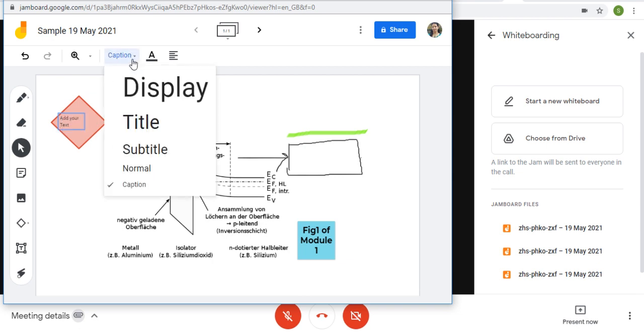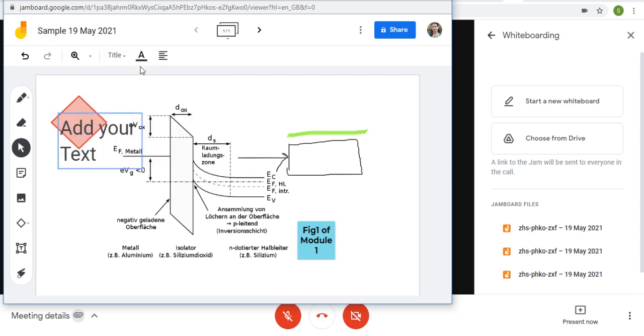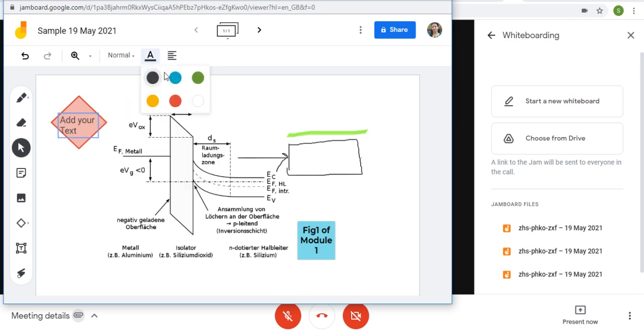This is caption style, or if you want the title style, you can select. This is normal. Okay, if you want to change the color, then you can easily change the color from here. You can adjust the font size by using this option. This is the alignment option. You can use this alignment option also. Just select and click here and you can change the alignment for your text.